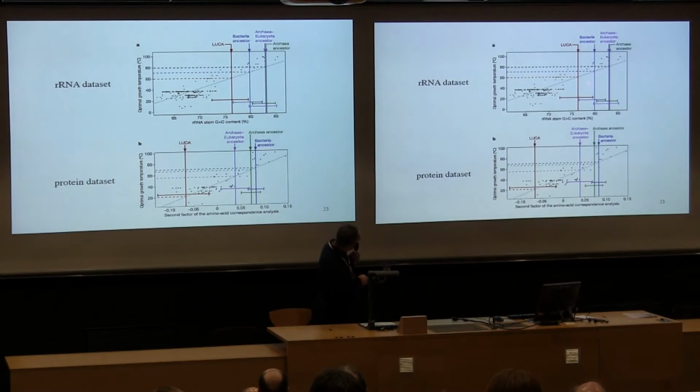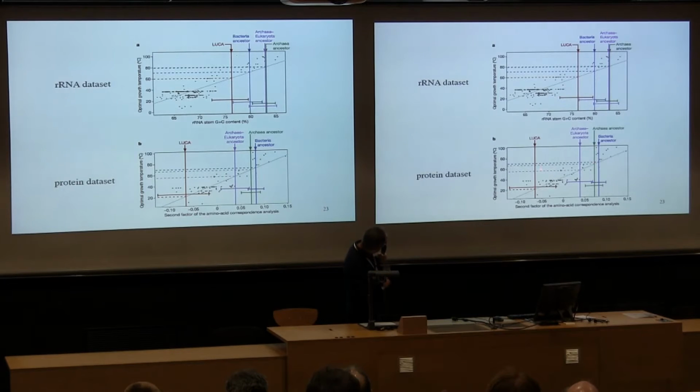And this is done separately on two data sets, so two independent analyses, one ribosomal RNA data set and one protein data set. Since ribosomal RNA genes don't encode for proteins, these two data sets are independent from each other. And we see qualitatively the same trend emerge from this analysis. That is, the data support thermophilic or hyperthermophilic domain ancestors.